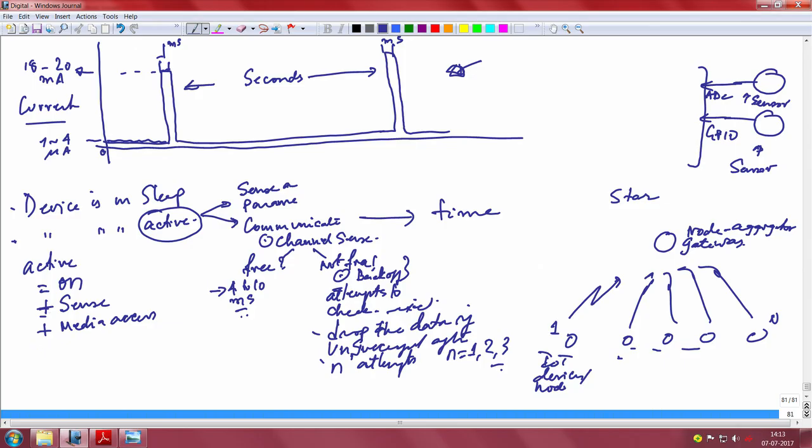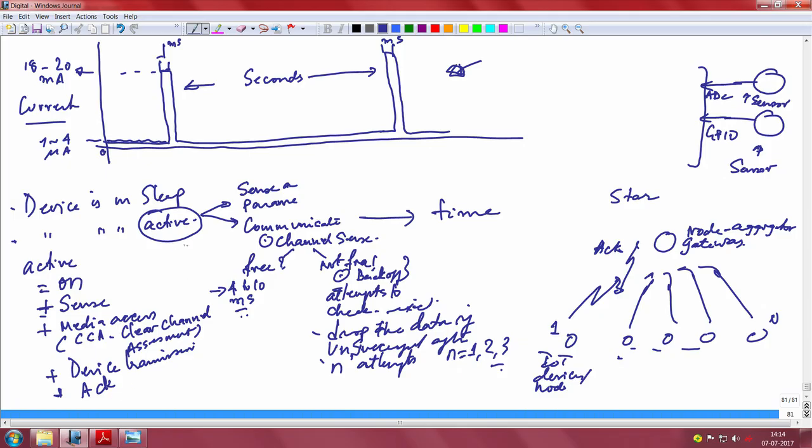Then essentially in the Zigbee parlance this is also called CCA, clear channel assessment. This is also called media access, where it has to check if the medium is free, then the device does a transmission, right, and then it has to wait for an ACK back in this direction. This is the ACK, acknowledgement, and then finally